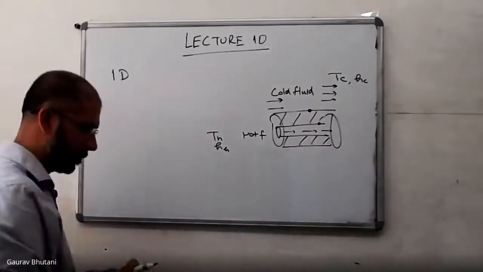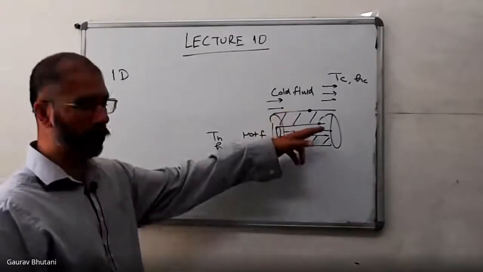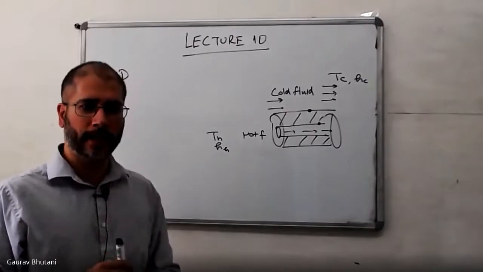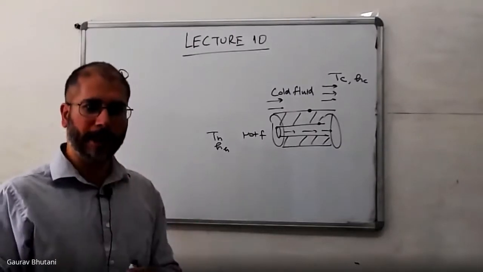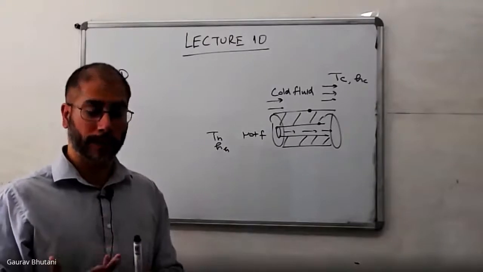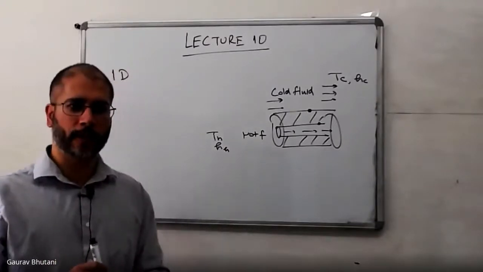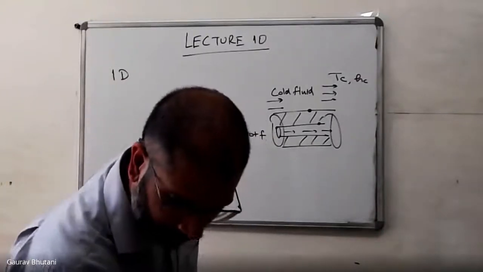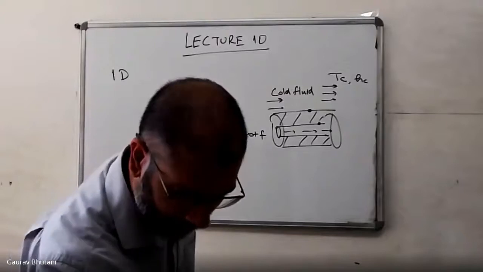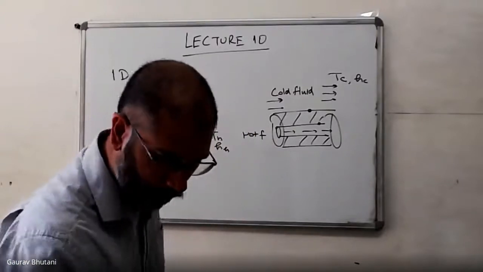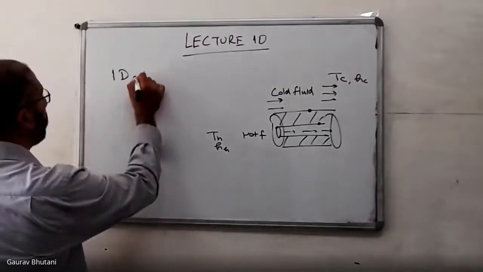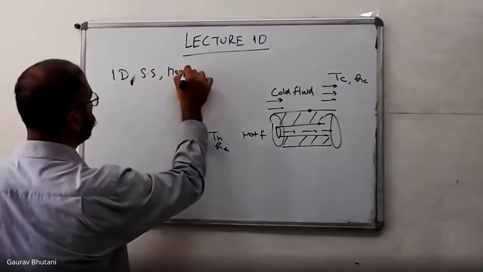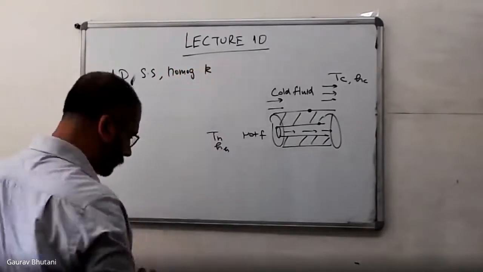And then you will have some sort of temperature variation inside this insulation, and that is what we want to find. Our aim is always to find the temperature distribution inside the solid or the medium where conduction is happening. And once we know the temperature distribution, we can find the rate of heat flow using Fourier's law of heat conduction. So let's write the heat conduction equation. This was one-dimensional steady state, and then you had a homogeneous k.